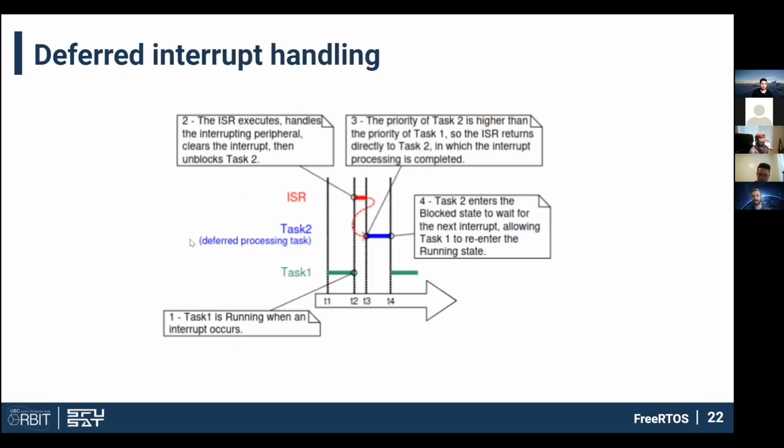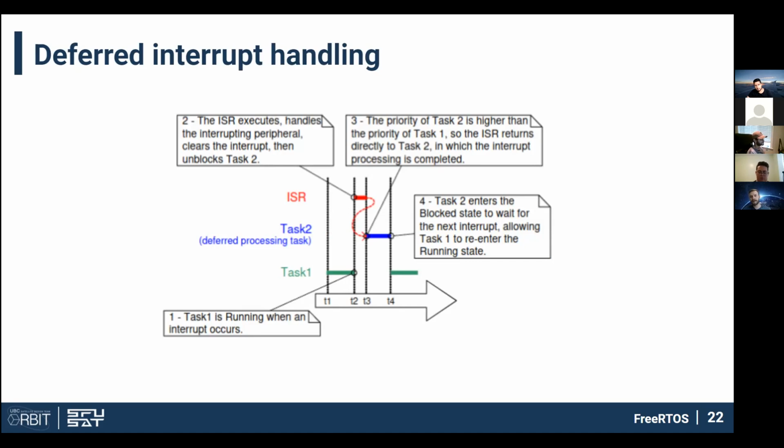So here's a little diagram showing how that works. Task 1 here is your low priority task, which gets interrupted by the ISR. The ISR does something, it might read from a hardware driver and then signal, say, a semaphore, that wakes up task 2. So then you would yield inside the ISR and it would resume processing task 2 instead of resuming task 1.